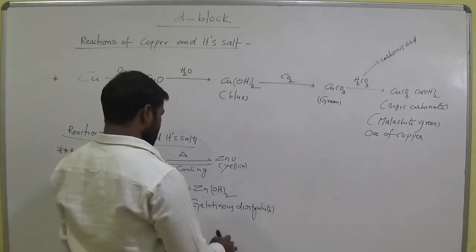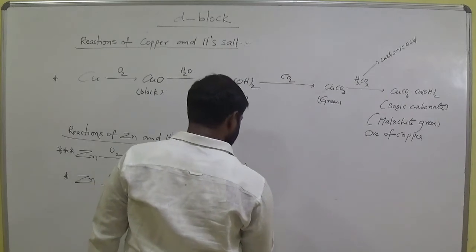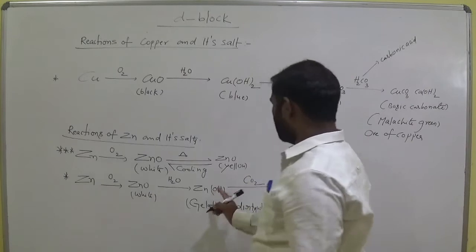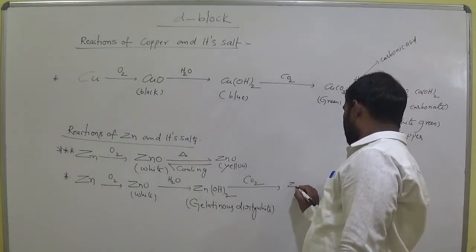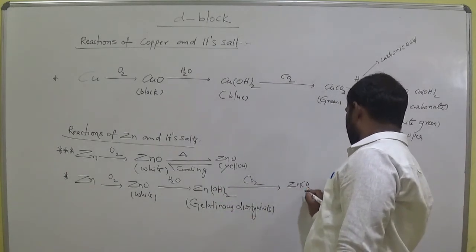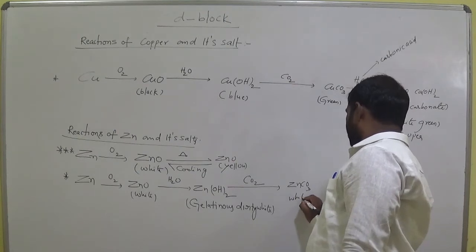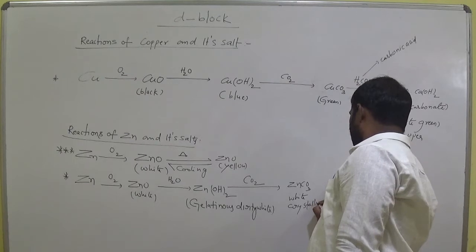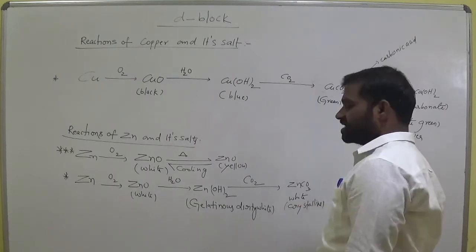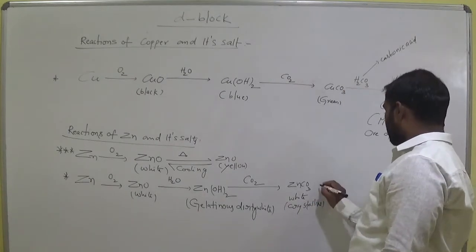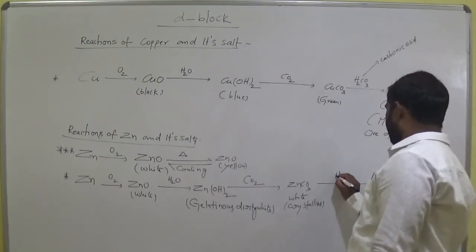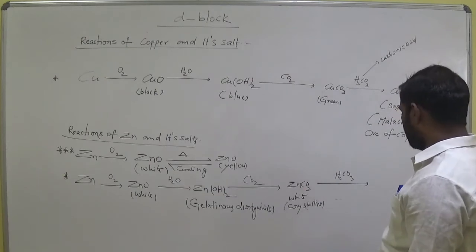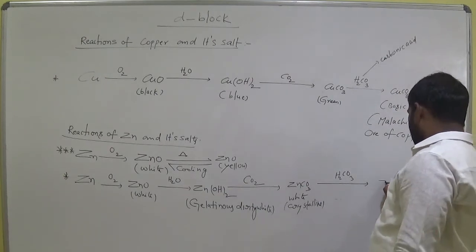Further, when CO2 is passed through this compound, it gives zinc carbonate which is white crystalline in color. And further it is treated with carbonic acid, H2CO3. So similar reactions we have. It gives zinc carbonate